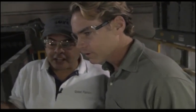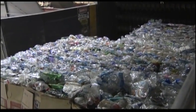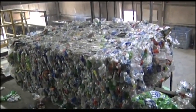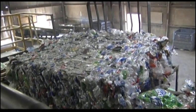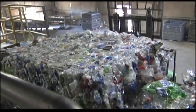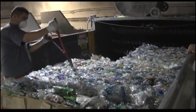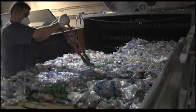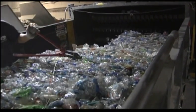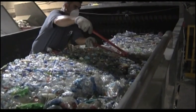All right, so what are we watching right here? Well, this is the first stage of the process. That's where they bring the bales from where we were outside, and they break the wires, and then the loose bottles go straight to this bale breaker machine. Okay, so it's going to break the bale off? Yeah, it's breaking the wires off, and then the bottles will be going through the machine. Will they all fall off? Oh, they will, won't they? Yeah, they were going to fall, but because they're very heavy...